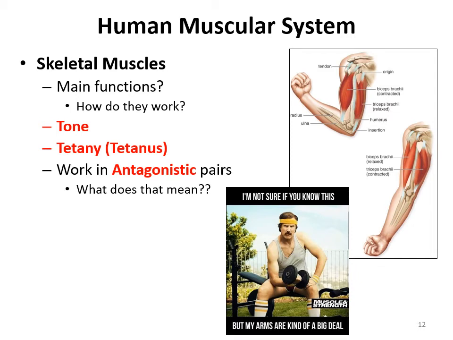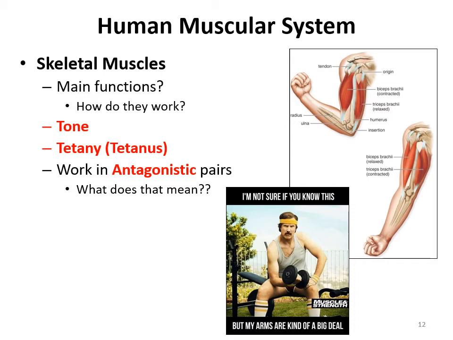Whereas tetany or tetanus is the sustained contraction, maximum sustained contraction. So if you've been working out plenty, the person looks toned, but they're not flexing at that time. They look toned when their muscles are at rest because there's still some contraction, whereas tetany or tetanus is maximum